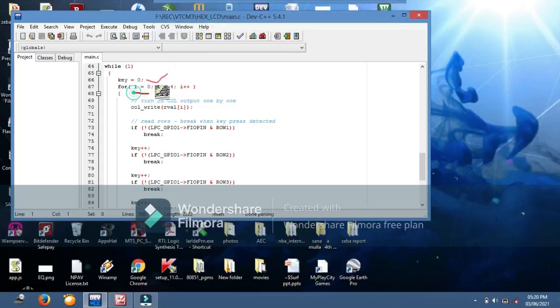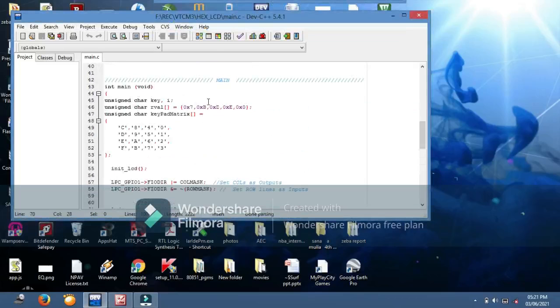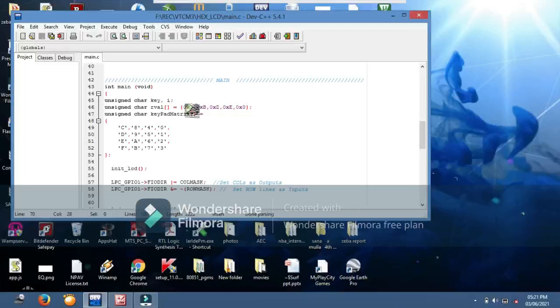In the for loop, you can see, initially i equal to 0. Here rval[i], this is an array we defined. You can see this array; this array rval has 5 values here.